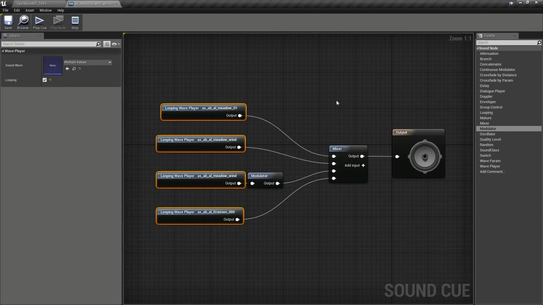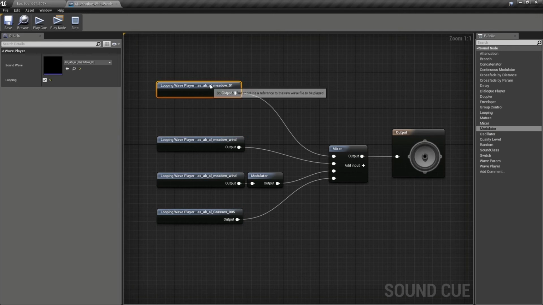We need to think about how the player is actually going to be experiencing this. Are they going to be in this area for a long time, in which case we might want to generate some variation and take the hit on the sound voices, or if they're just going to be running and gunning through this area very quickly, then maybe that original sound of just the crickets looping is totally sufficient. It depends on your game, on your platform, and on the amount of time that the player might be staying